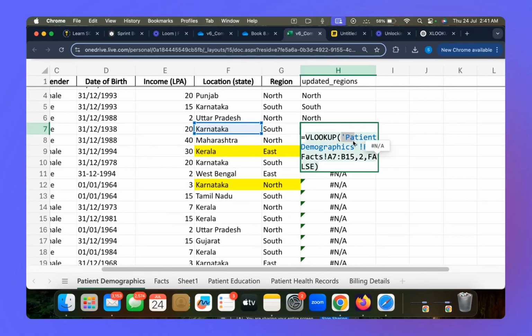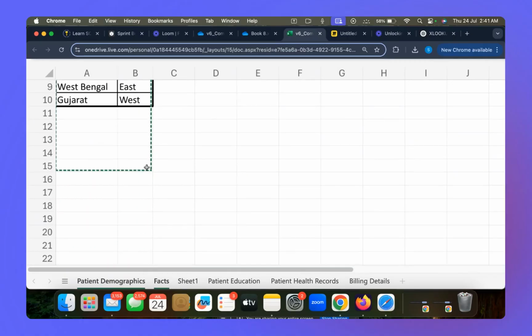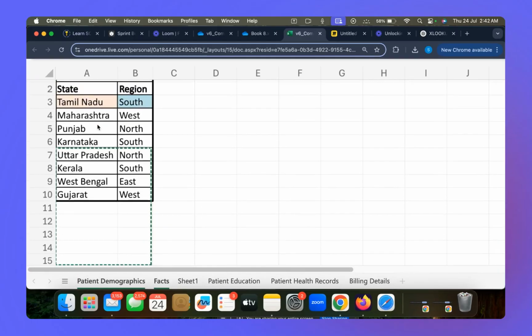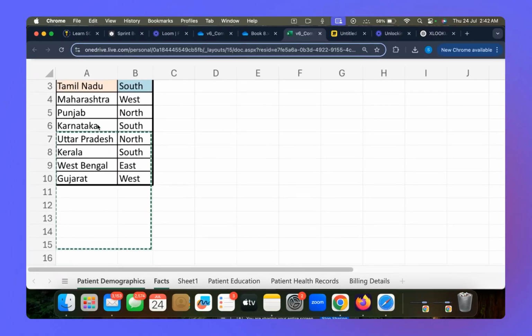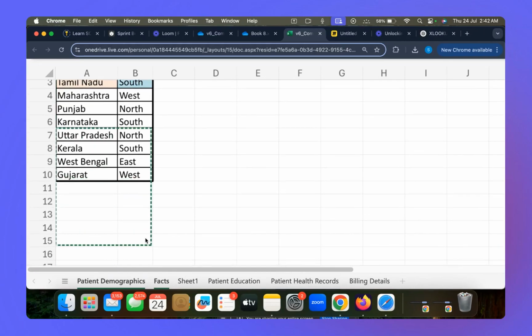In the VLOOKUP, I first mentioned the value I'm looking for. So I'm looking for Karnataka, this blue cell. Where am I looking for it? See, this is the address. It says in my fact sheet, A7 to B15 column. If I go to the fact sheet and highlight A7 to B15 till here, basically in this area I'm looking for my value when getting the error. Currently, I'm getting the error. How did this area shift downwards? I selected this much sheet. How is it possible that the area is shifting to this particular sheet where I have a lot of blank cells? I don't have any data, right?